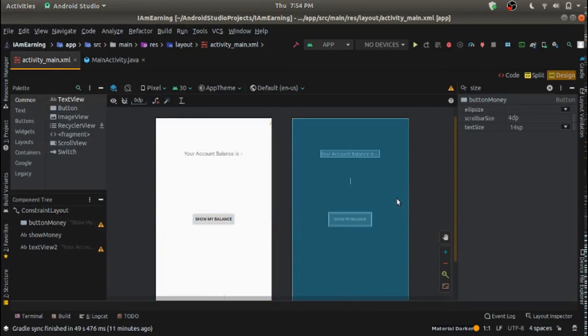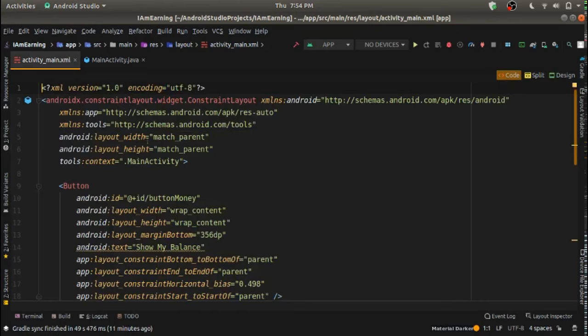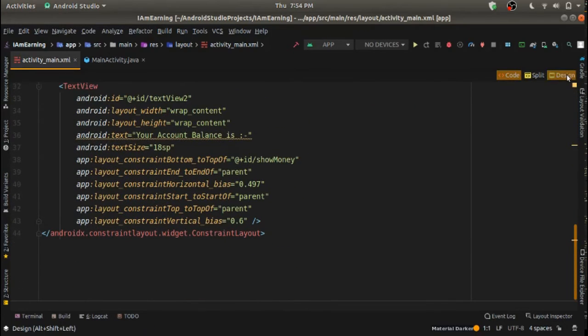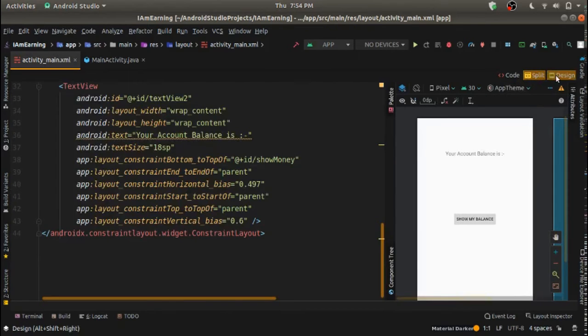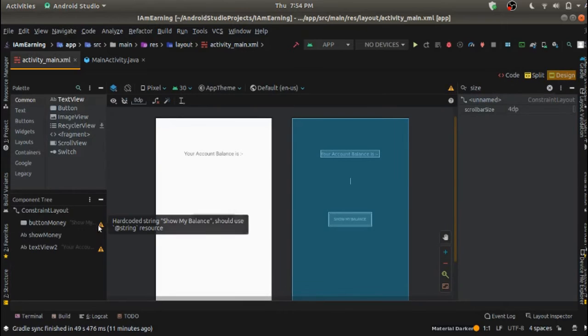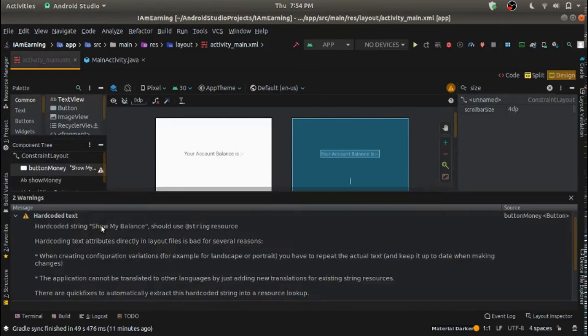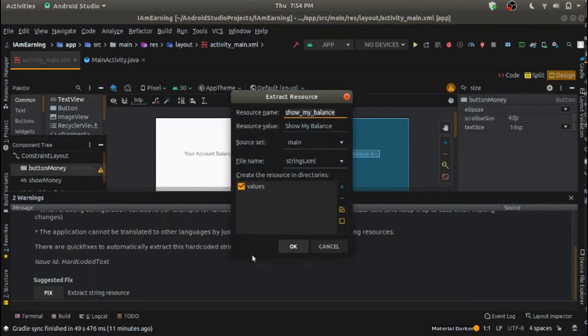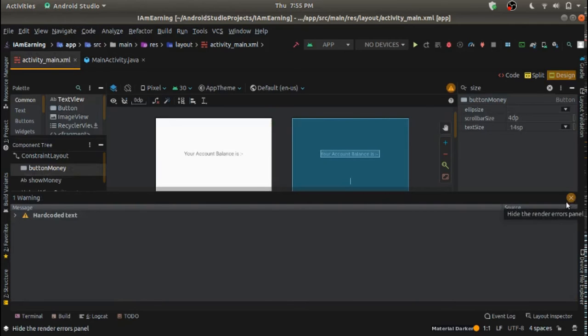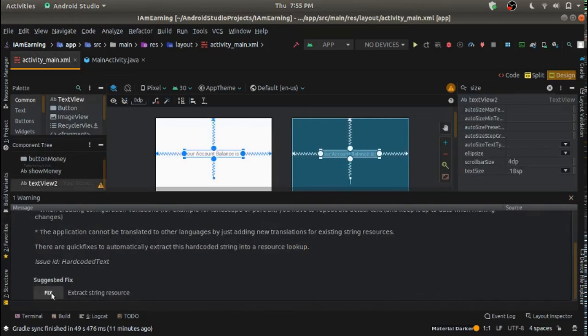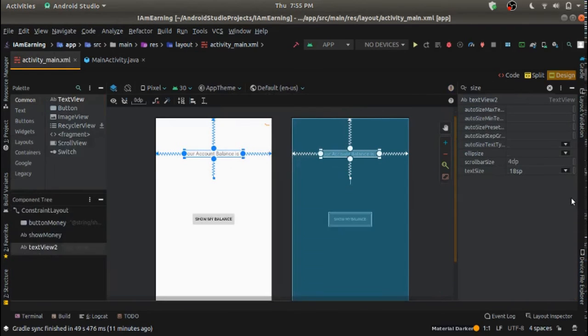Okay, so instead of doing this, and I know you cannot do it right now because you are a beginner and that's why you are watching this video, you can also go in the code section. This is the code which is automatically being created for our design, and you can also split this. Basically, I just want to show this to you. So why we have these errors is that you just click over here, click fix and click OK. And there is one more error, go again, fix, OK. So as you see, it's really supportive.